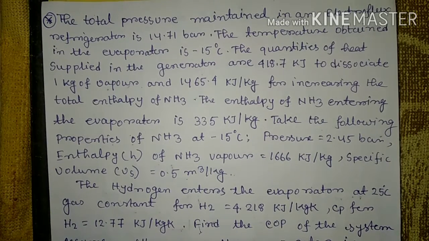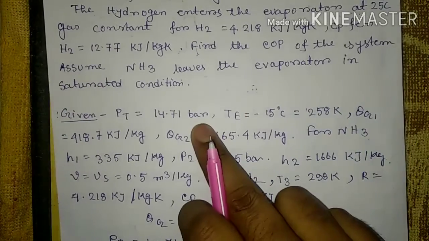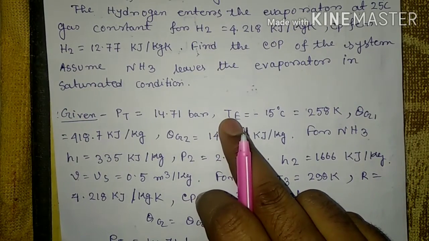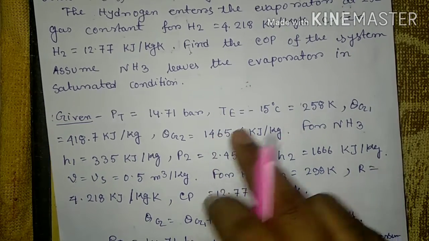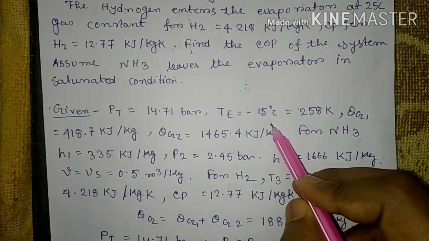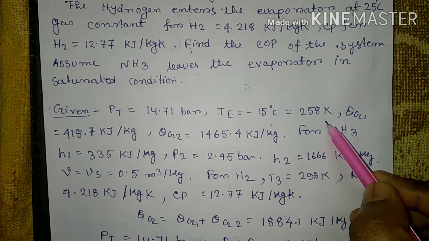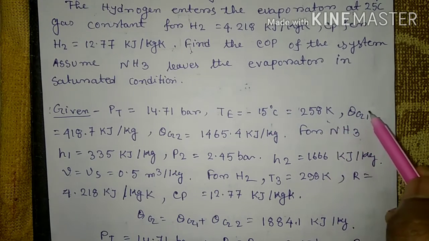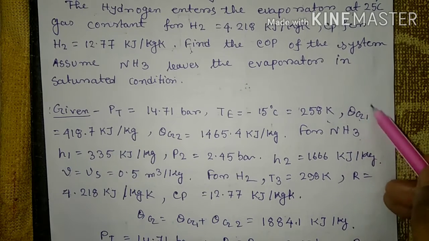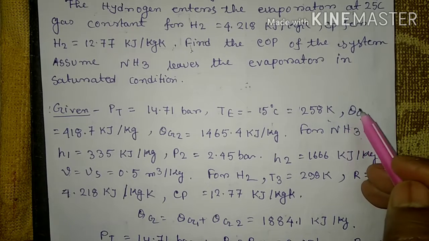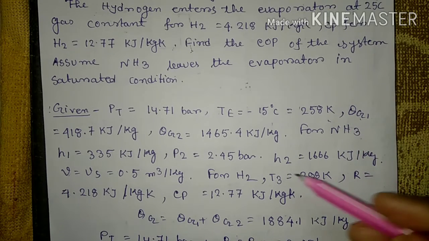The total pressure of this system is given, that is PT equal to 14.71 bar, and TE, the temperature obtained in the evaporator, is minus 15 degrees Celsius, that is nothing but 258 Kelvin. The quantities of heat supplied in the generator are, first, the amount of heat supplied to dissociate 1 kg of vapor,